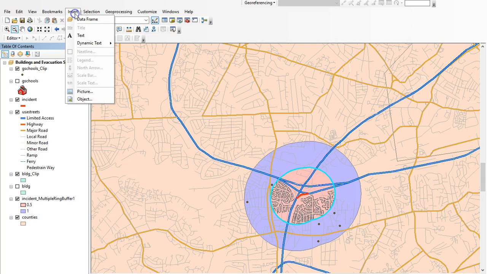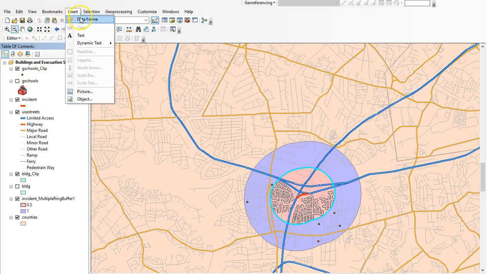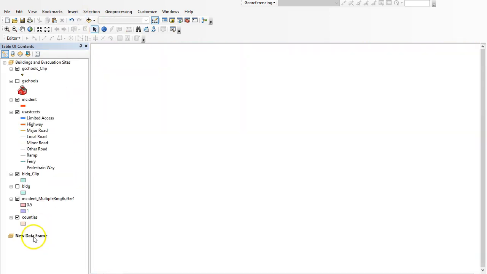To do that, you click on Insert. Click on Insert. First option, Data Frame, and you're going to name this Helicopter Landing Site. It then asks you to copy all the layers in the buildings and evacuation sites and paste them